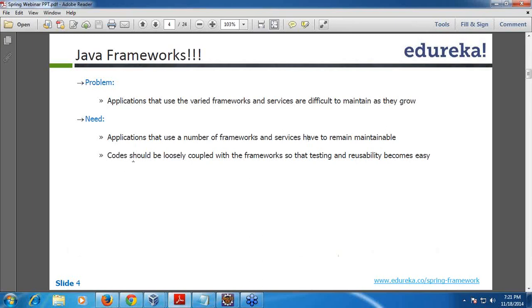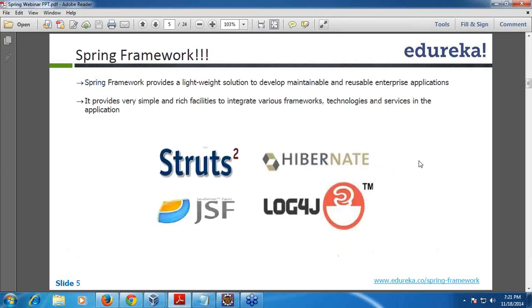For that, we need our code to be loosely coupled with frameworks, not tightly coupled, so that when you use classes, they will not have to implement a lot of their interfaces or inherit a lot of their classes. Code should be loosely coupled with the frameworks so that testing and reusability become easy. That's where we look at the Spring framework, right?